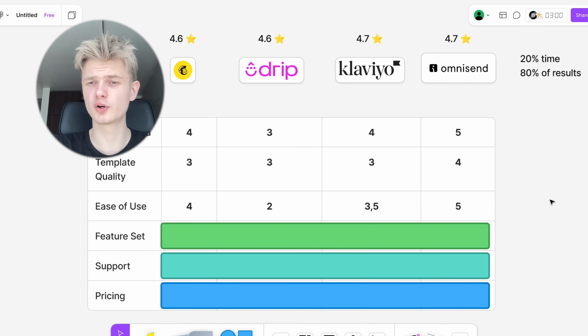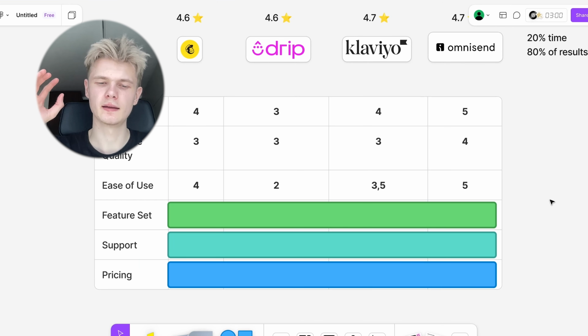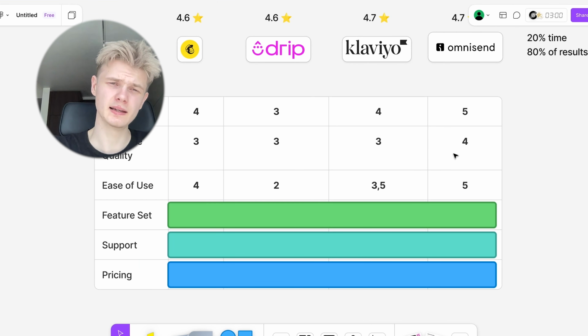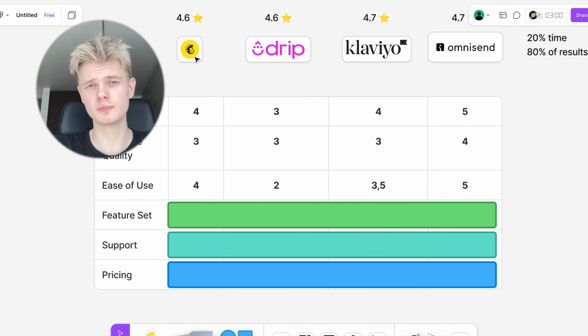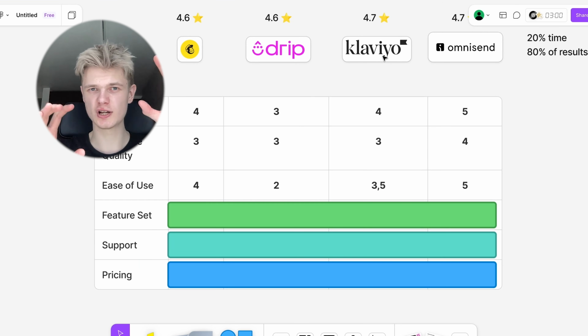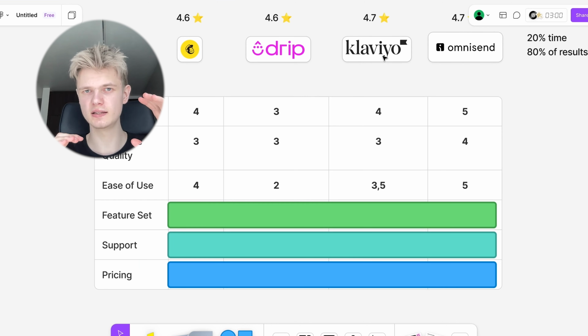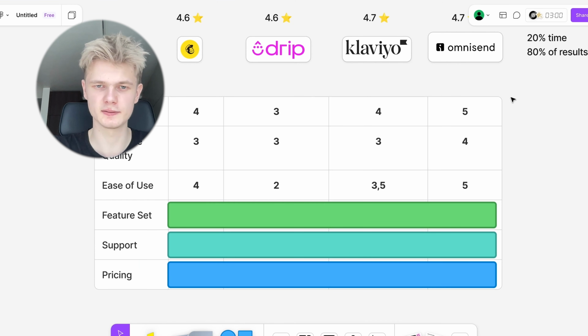And Omnisend is a clear winner because they actually updated their interface a couple of weeks ago. And first of all, it works faster. It is a bit faster than MailChimp, it is faster than Drip, and it is faster than Klaviyo, which is really important if you want to attach like 40 emails. Because when attaching that many emails, and you're not just attaching them, you're slicing them by parts, etc., you really don't want to see even 2-second loading screens. It's just too much. So yeah, Omnisend is fast and UX is great.